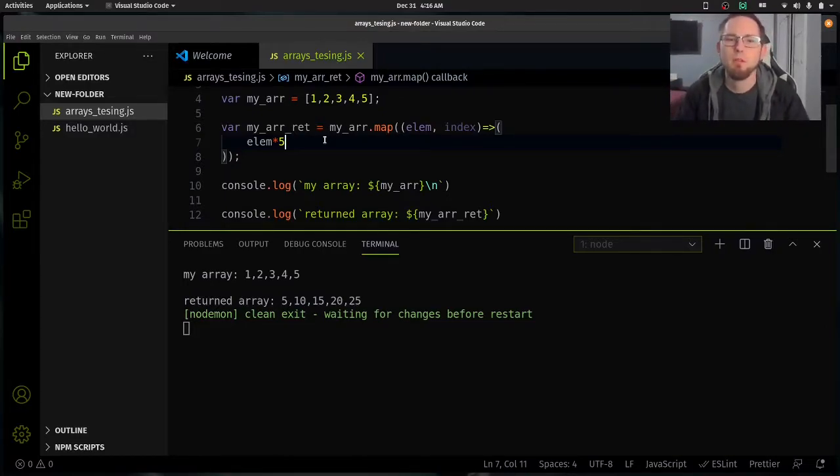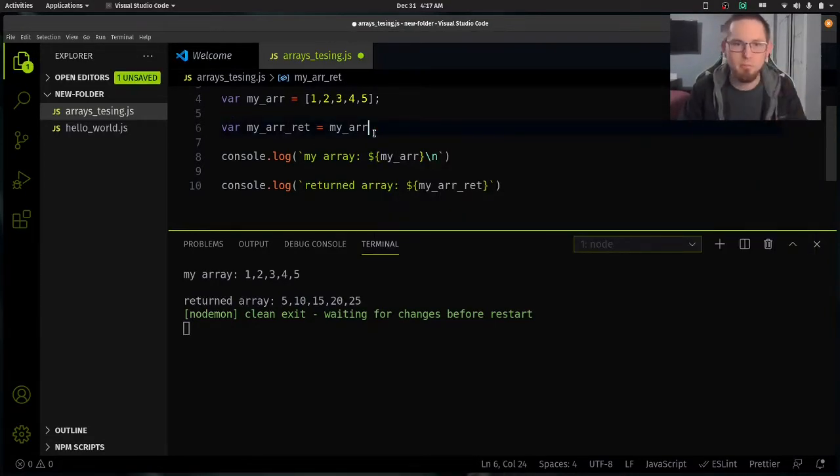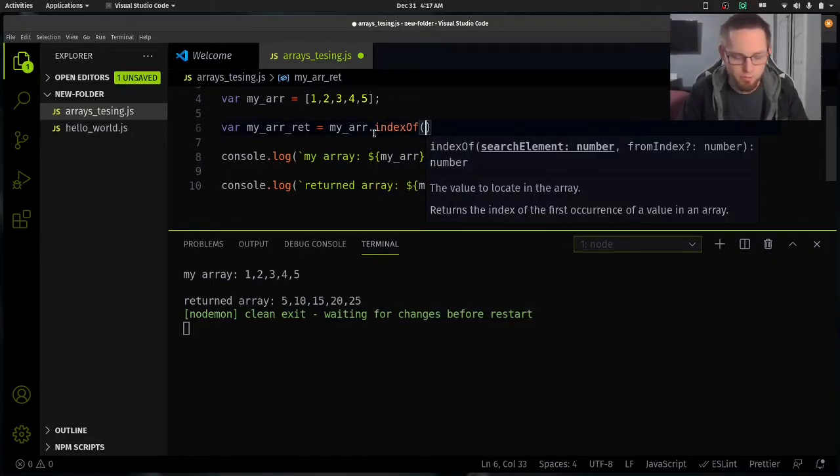So if an array is basically a list of items, and we can map through them, and we can go through each one and do something with each element, what else can we do? There's so much. There's like 20 things here I've got to cover, and that's just scratching the surface. All right, so now we're going to take this off for a second, and instead of doing myArray.map, we're going to do indexOf. And what happens here is you give it